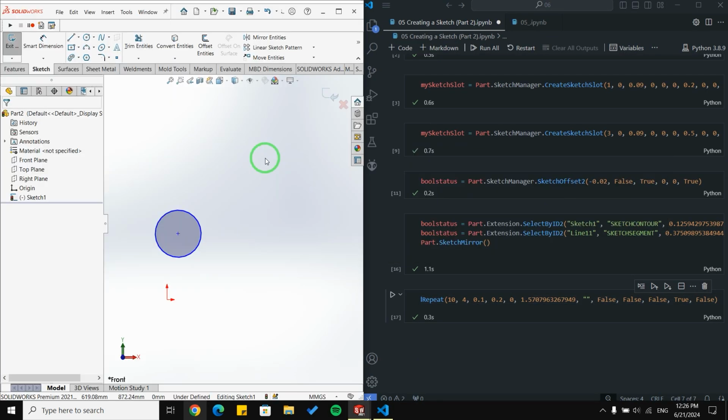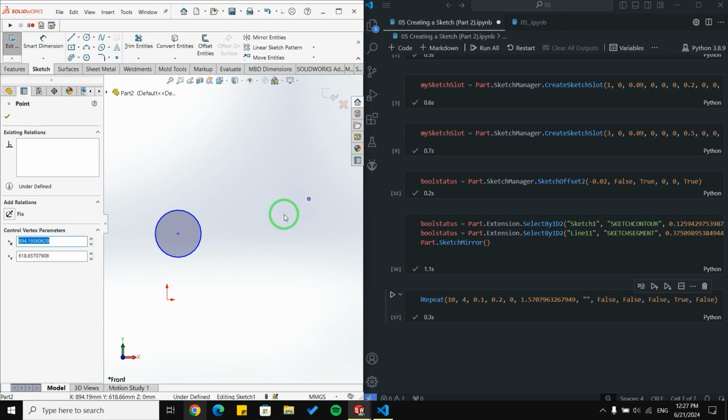It is not the same as what we have in SolidWorks. We first click on our sketch and then, for example, we are going to click on a point. For example, I don't know, here. And SolidWorks is going to pattern this sketch around this point. But in scripting, SolidWorks doesn't allow us to choose a point. Instead, we are forced to choose two arguments.